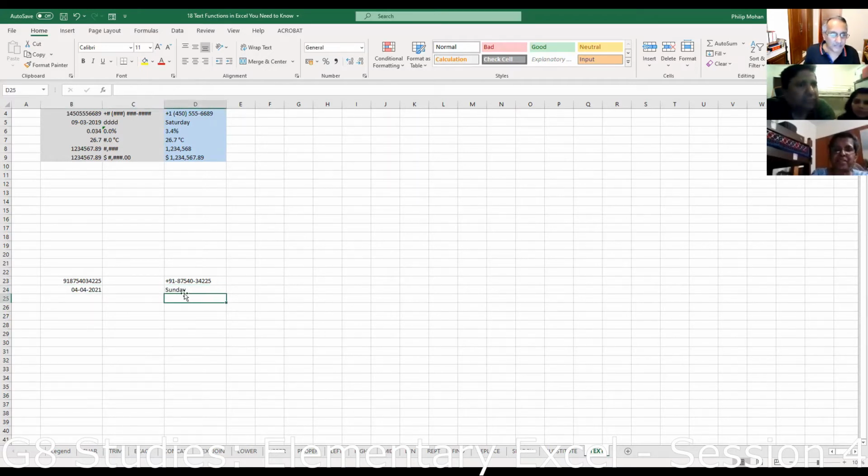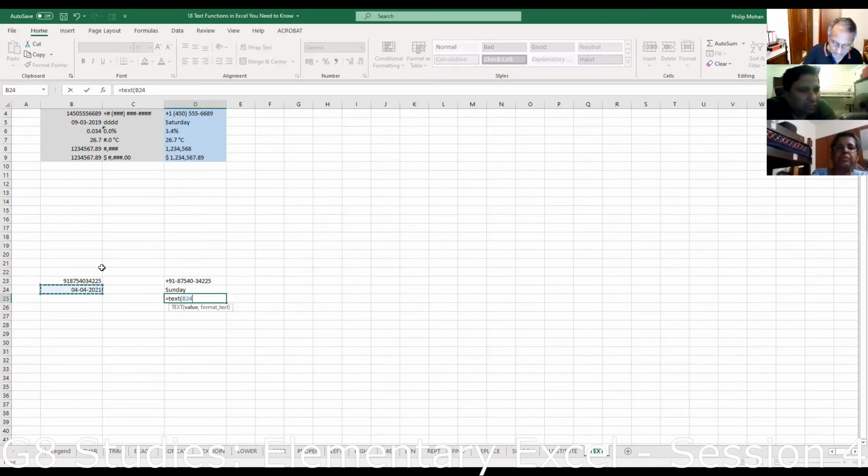Now you can have multiple functions for using text for date. I'm going back to the same thing. This time I want the month in text. If you want the month in text, you put MMM if you want only 3 characters, or if you want the full month, you put 4 characters. And I close. April.